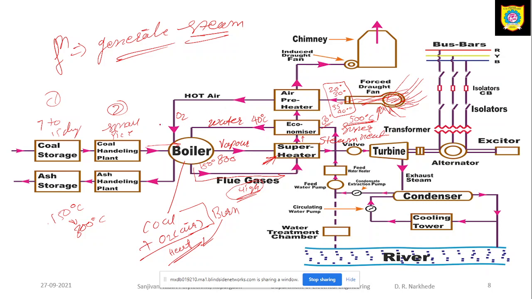Okay, and if I put the moisturized air into the boiler, proper combustion does not take place. So what I have to do is remove the moisture from the air, and for that purpose I have to pass the air through the flue gases. So when my air goes through this air preheater, it is surrounded by these flue gases. These gases will extract the heat.